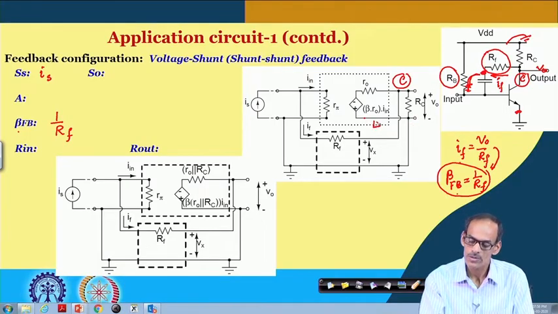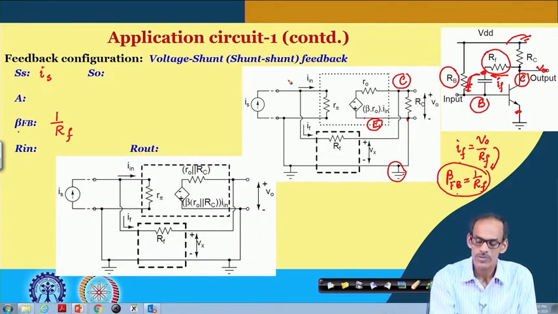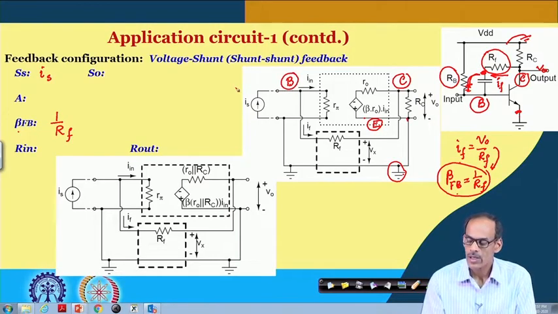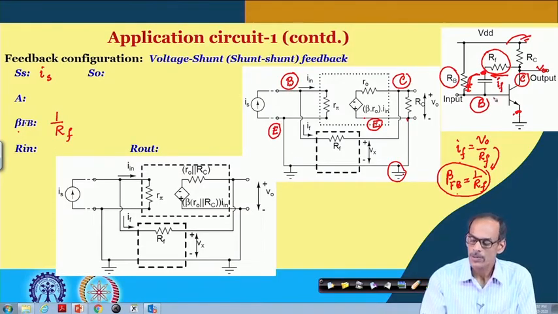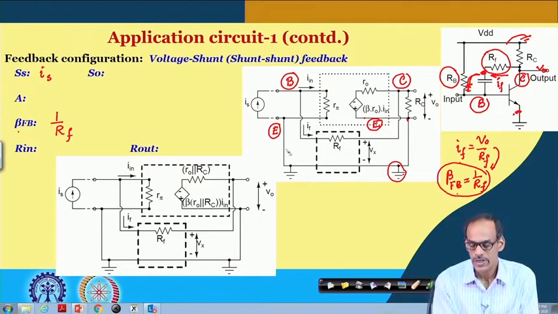So, let me use this point here, which is of course connected to ground. So, this is connected to the actual ground. On the other hand, at the base, this base terminal is the input terminal. So, this is the base terminal, and the negative side of the input port is connected to the ground. So, this is the corresponding emitter terminal, or the negative terminal of the